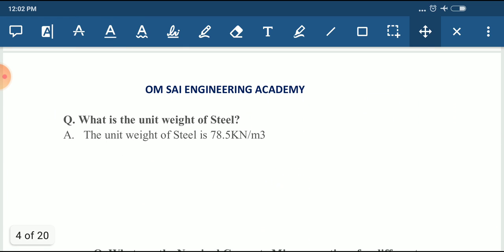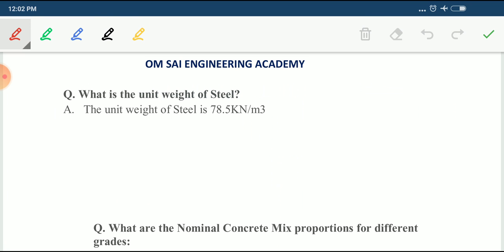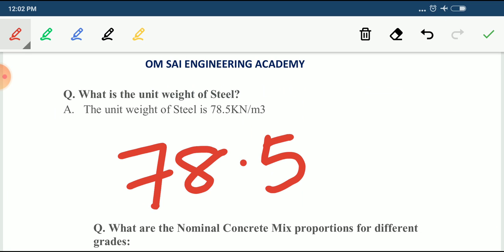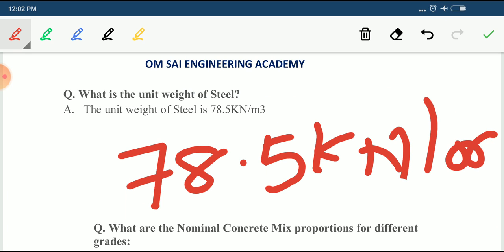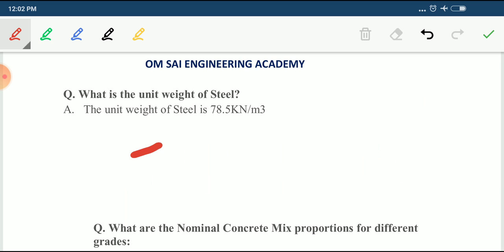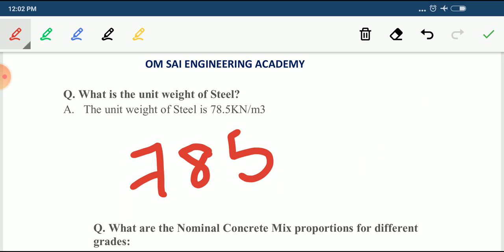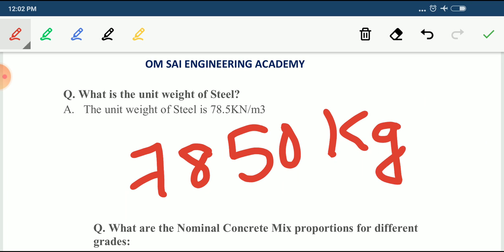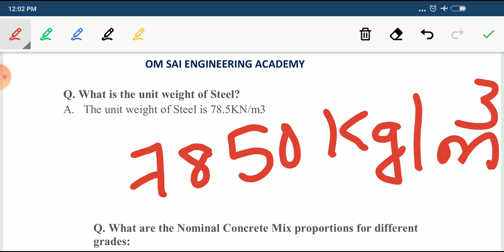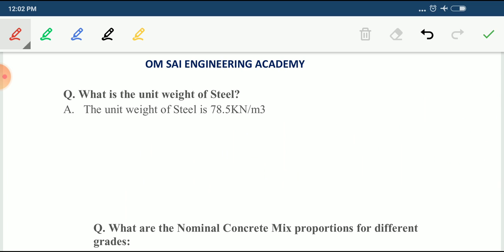Next, what is the unit weight of steel? Okay, unit weight of steel how much? That is 78.5 kilonewton per meter cube. This is the unit weight of steel. Okay, if you are to tell in kg, that is 7850 kg per meter cube. This is the unit weight of steel. Okay, next,